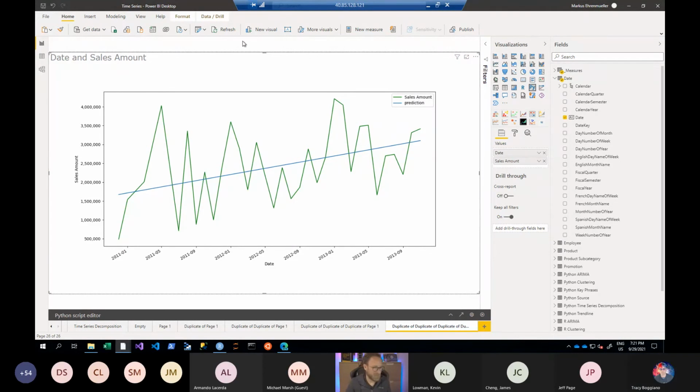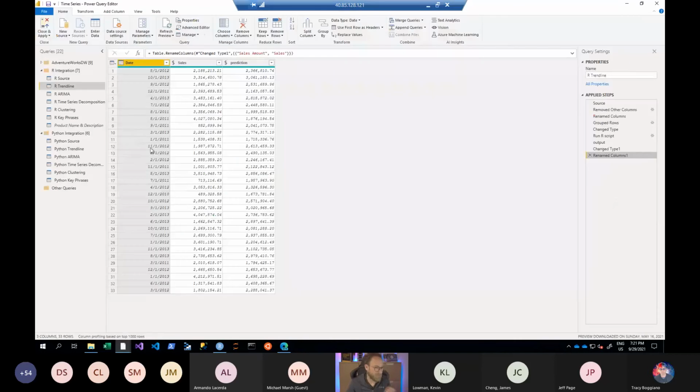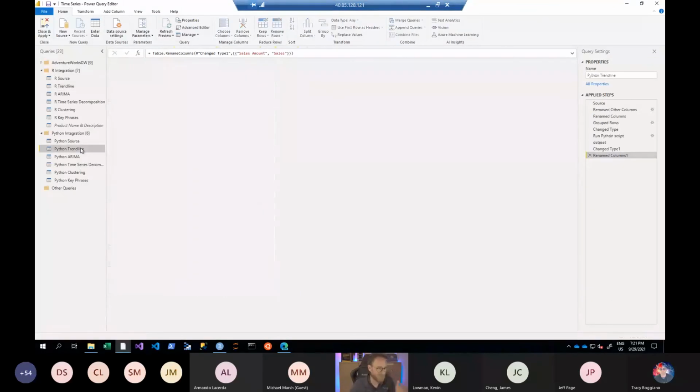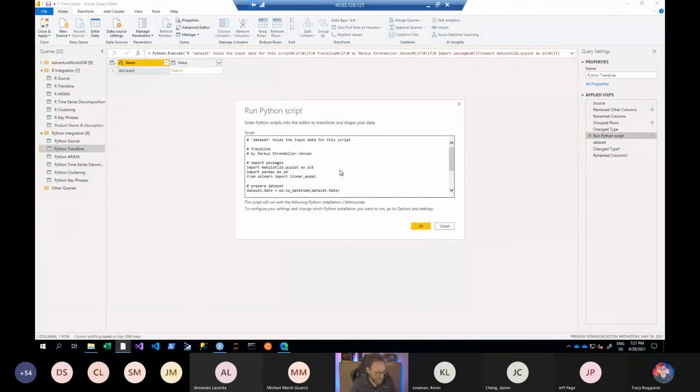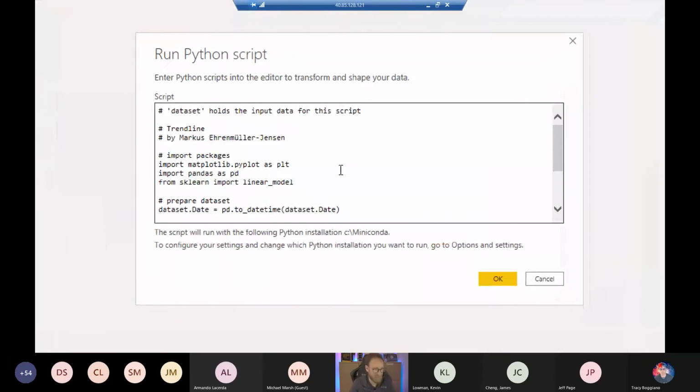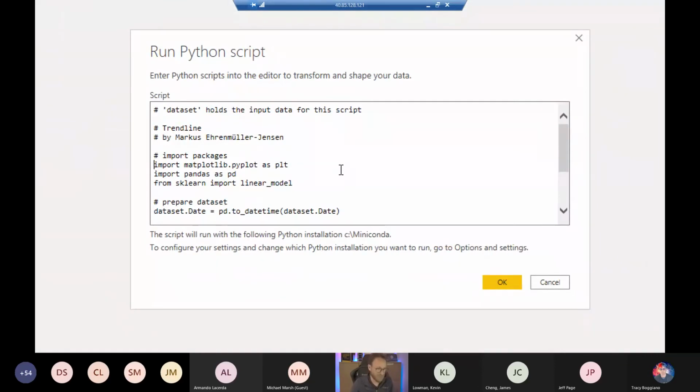Okay, so back to Power Query. Of course we have the same also with Python. So let's stick to just the trend line in here, so it's not getting too confusing with too many scripts showing up. So I have also this Python script here, and this is the very same as we have seen previously, because then I also use the